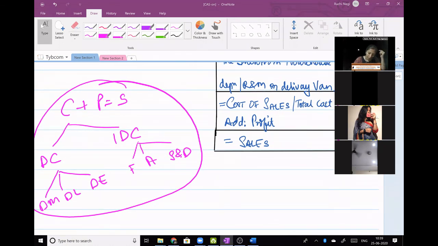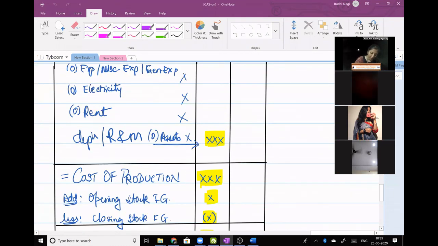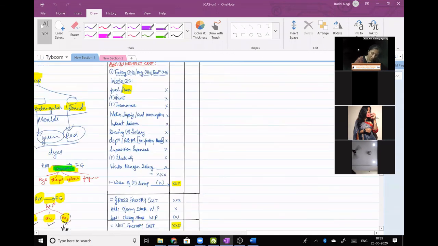And how can insurance be part of selling? That is done. Ma'am, cost sheet sum will come for 60 marks paper for 15 marks? Yes, dear, it's a 15 marks question. Anyone has any doubt? Next lecture, beta, I'll tell you what we are going to do. So keep the format ready.